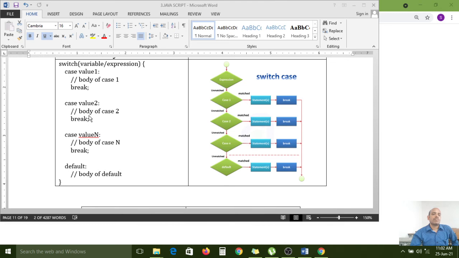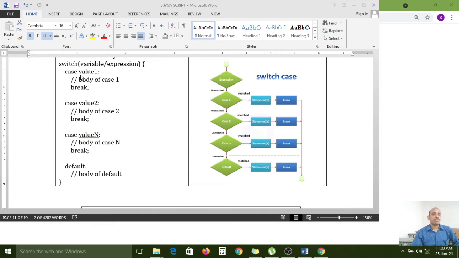the switch control. And if case 2 is also not matched, then like that, if you have multiple statements, you can use multiple cases. It will check case 1, case 2, case 3, case 4, case 5 until the expression is matched, then the control stops checking the cases. And if any one case is not matched by the expression, in the complete switch statement,